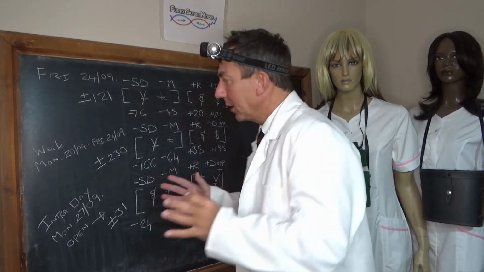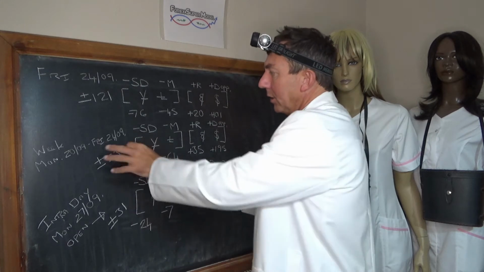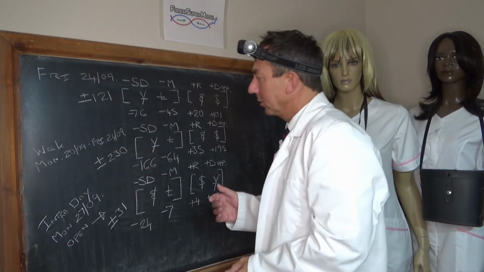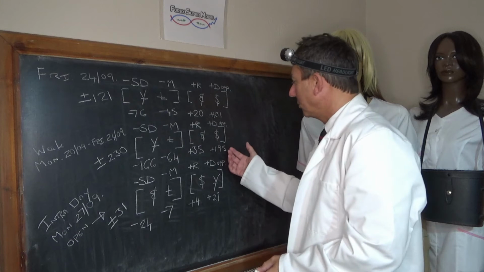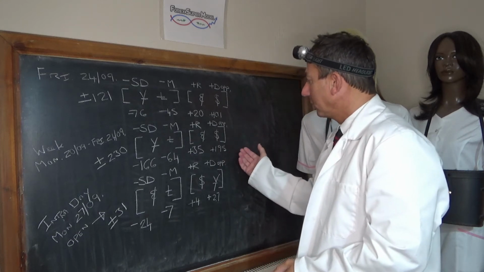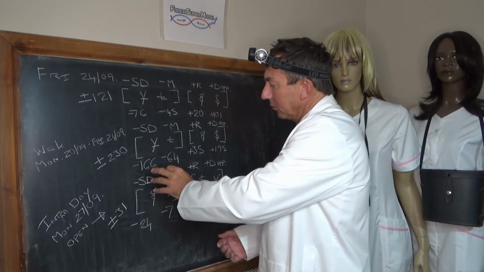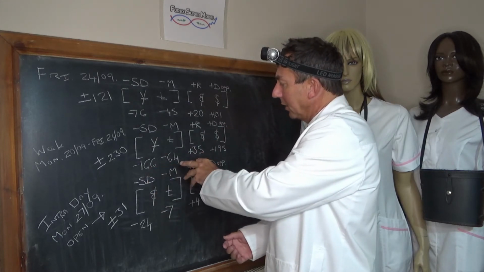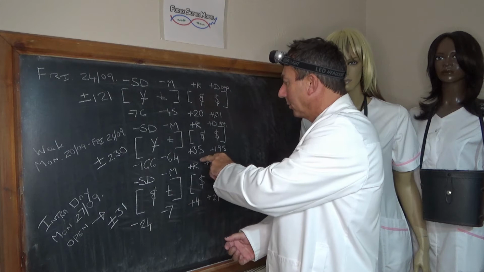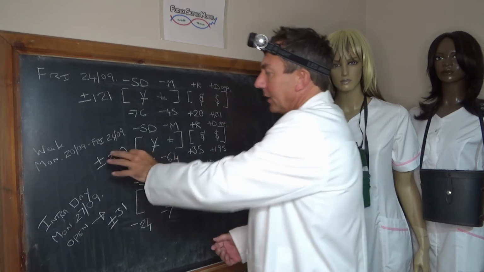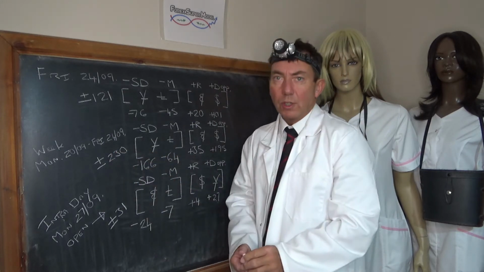Just for a reminder, last week then, Monday the 20th to the Friday the 24th, we had a positive opposed driver in the dollar, plus 195. Front and back door flows mainly coming out the yen at minus 166, out the pound at minus 64, and the euro was the positive rock at plus 35. Activity plus or minus 230.